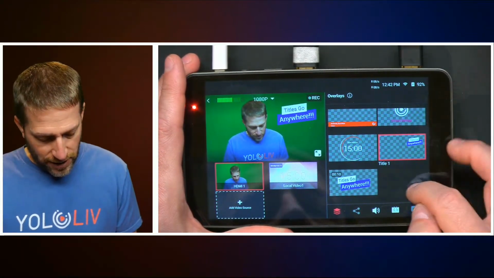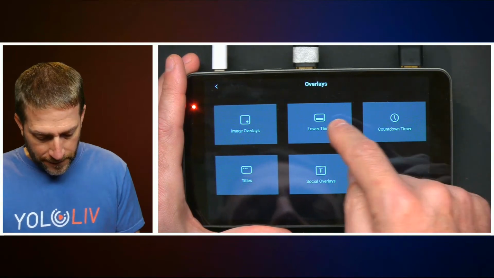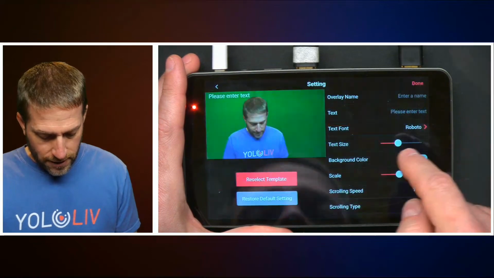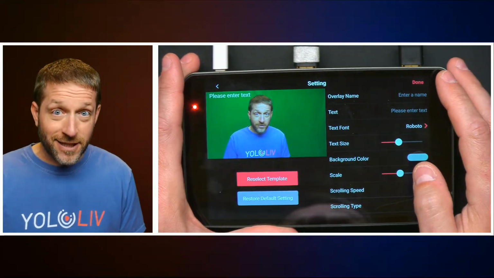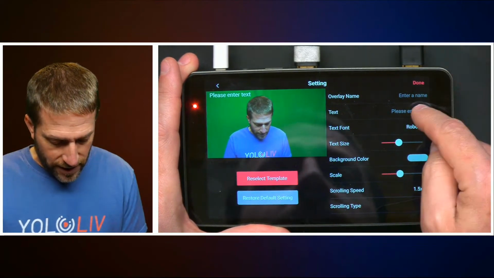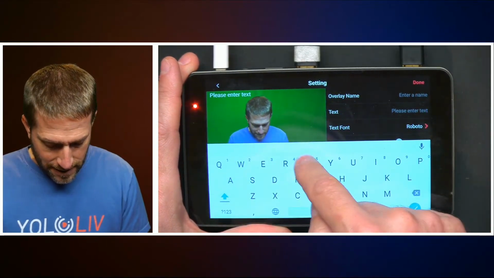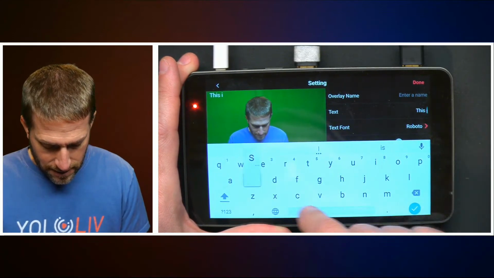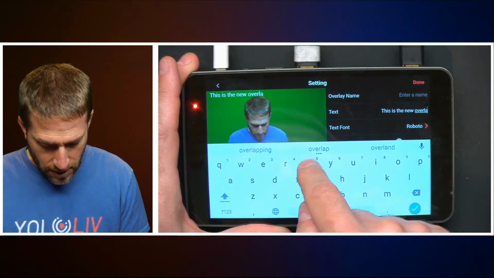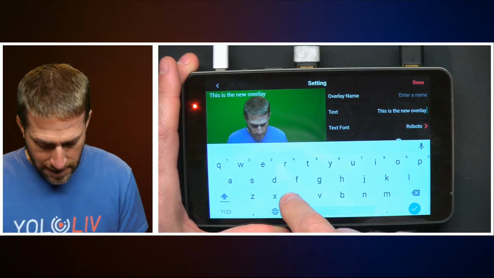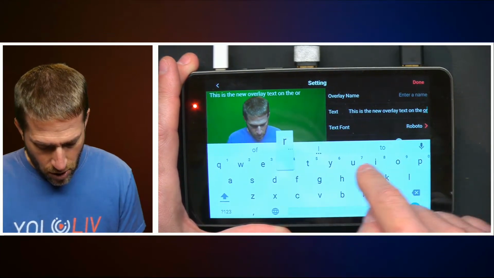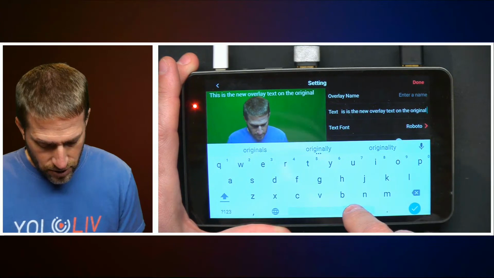And the scrolling captions. So let's go in here. We'll do, I think it's this one. Scrolling text. We're going to give this a try. Haven't tested this yet. We're going to test it live on the show. The overlay name, I'm not going to give it a name. Enter my text. This is the new overlay, can't spell, text on the original